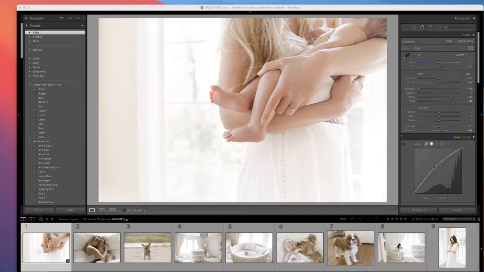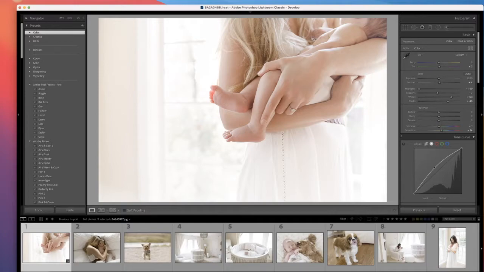So the first thing you want to do is make sure you have an updated version of Lightroom Classic. It should be 7.3 or above. And installing them is actually a little bit different, so I'm going to walk you through the steps of doing that. It's simple though. So what you want to do is first come up to the corner here